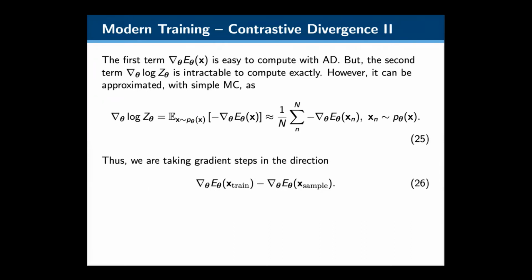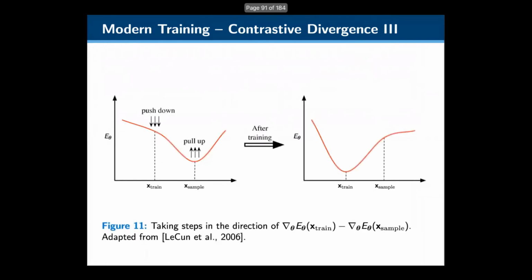And basically what this means is that we're taking gradients in this direction, which is the difference between the gradient of our energy function evaluated at our training data and the energy function evaluated at samples from our model, which might seem like a slightly weird direction to walk in. So a little bit of intuition is given in this figure. And basically the idea is we're going to start off with some